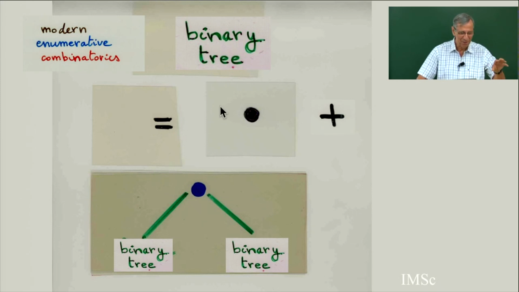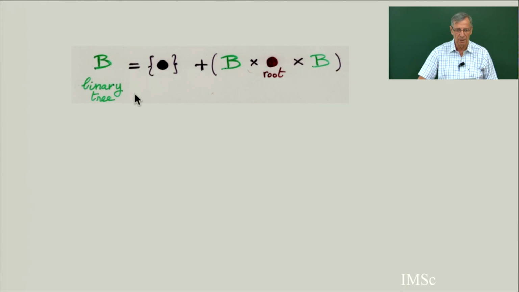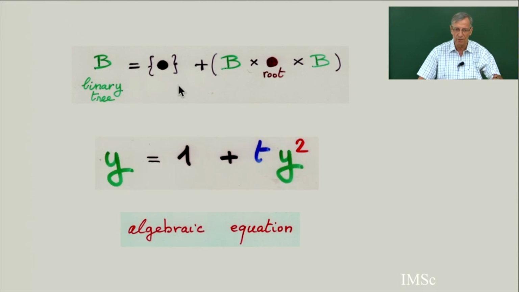So from this identity, at the level of combinatorial objects, you just project it to the level of generating functions. This identity is: binary tree equals this plus the triple of binary tree multiplied by root multiplied by binary tree. And this makes sense. I don't explain it, but formally it makes sense. Then you project it at the analytic level, and you get this. I'm counting binary trees by number of internal vertices, so in fact this equation should be for the complete binary tree. I'm a little confused, I go too fast, but you understand. From this, you get this algebraic equation.